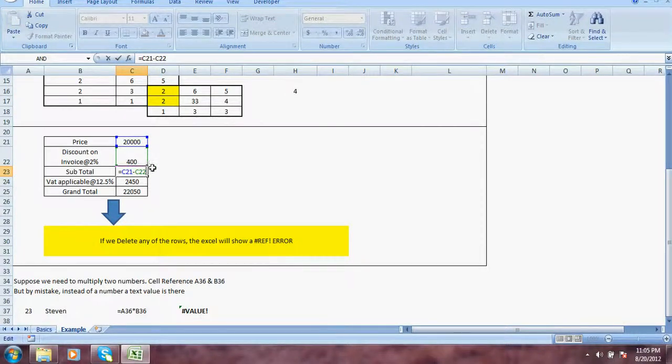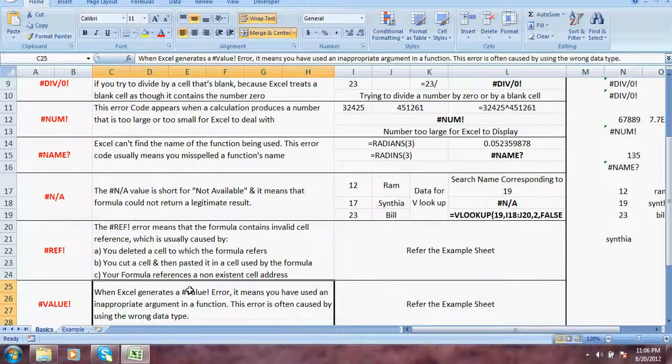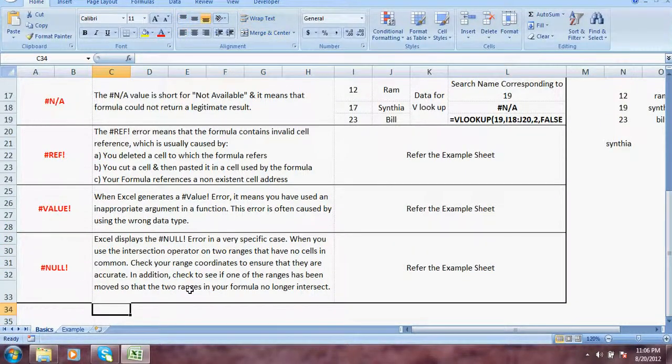If I remove C22 altogether, so C21, the cell from which it has to judge the value of cell C23, that cell itself is not there, so it will give a reference error. Okay, let's do the next one.